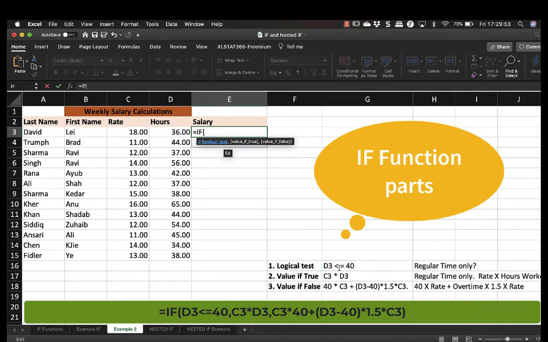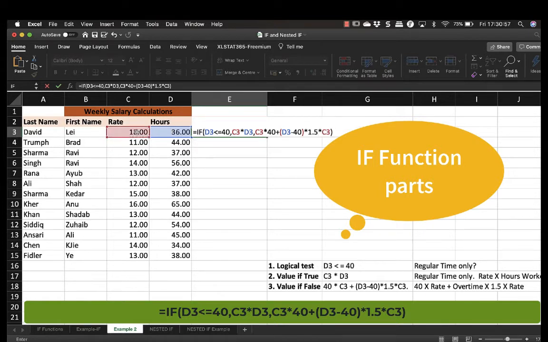Logical test is for regular time only. So if D3 is less than or equal to 40, comma, C3 into D3, comma, C3 rate into 40 plus D3 hours minus 40 into 1.5 into C3.